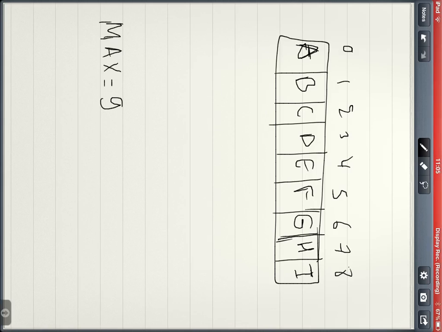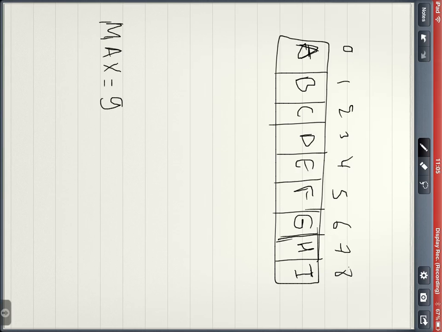Now I want to enqueue K. So what's after J? Sorry, I want to enqueue K. So K becomes here, right? K becomes here, right? And B becomes that,